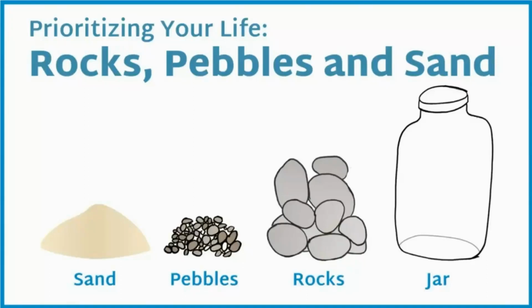From an expense perspective, if you want to make sure that the rocks, pebbles, and sand all fit into the jar, you don't start with the sand or pebbles. Things like what you're spending on clothes or that Taylor Swift concert ticket you want. What you really need to focus on is to pick the size of your big rocks first, and then all the little rocks and sand can fill in to hit your budget line in the jar. So if you pick very large rocks in housing, transportation, and food, you won't have as many little rocks